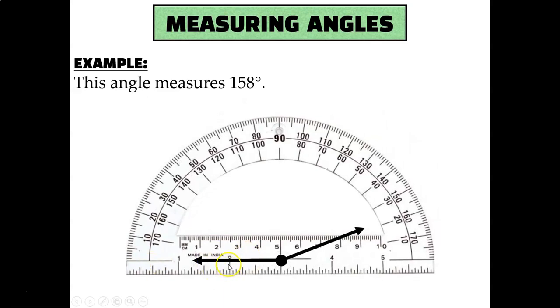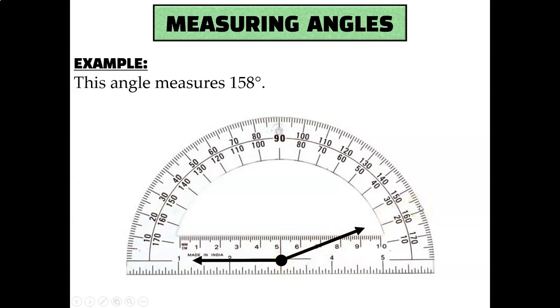Since our starting side again is pointing to the left, I'm going to use the outer markings to measure this angle, because those markings start at 0. However, we have a problem. When I try to figure out where the other side of my angle crosses through my protractor, it's unclear. I can tell it's somewhere between 150 and 160, but I can't really tell exactly where because the line doesn't